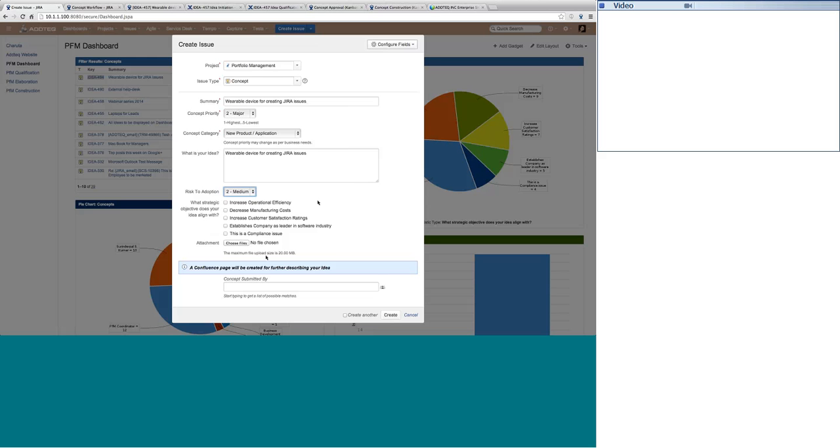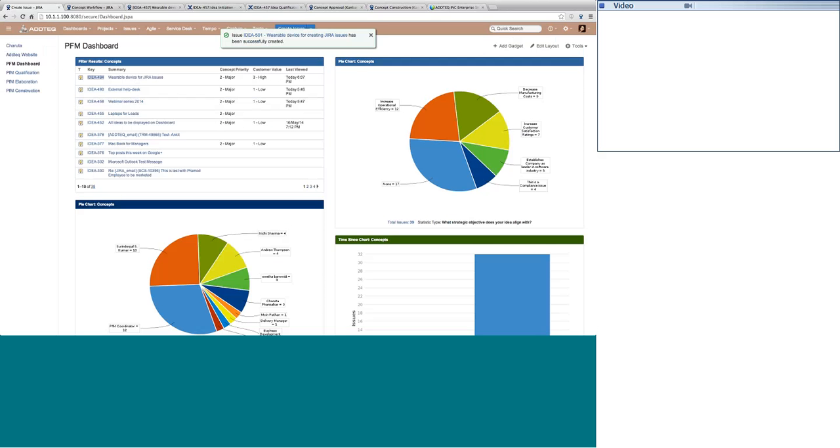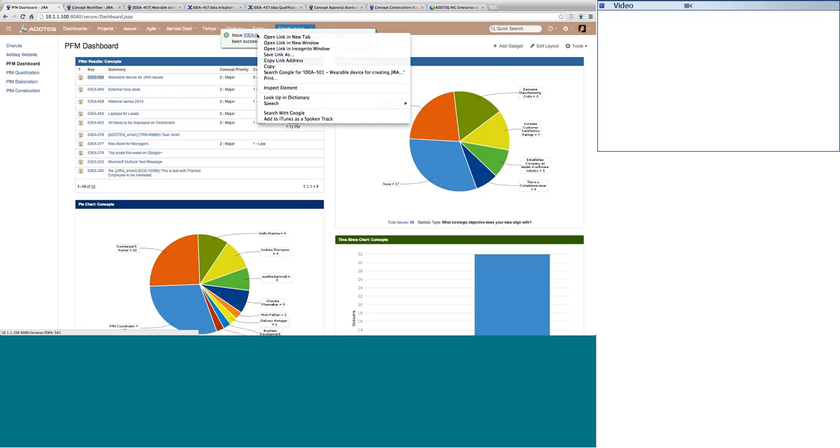So Aztec has these strategies, and I feel that the idea I'm going to capture is going to establish my company as a leader in the software industry, or maybe yes, it's going to increase customer satisfaction as well. So I'll quickly put my name as the idea submitter, and I'll click on create. The moment I click on create, you can see that one ticket got created in Jira. And let's see what all I have captured and what I can see over here.